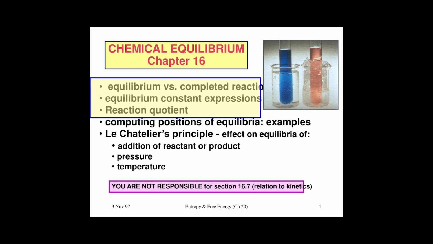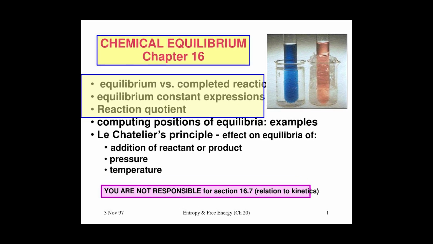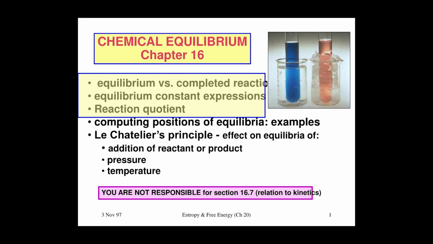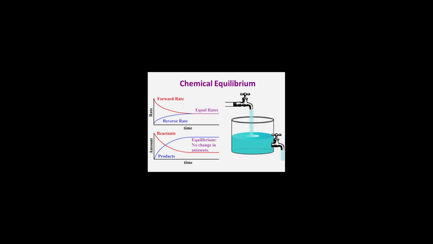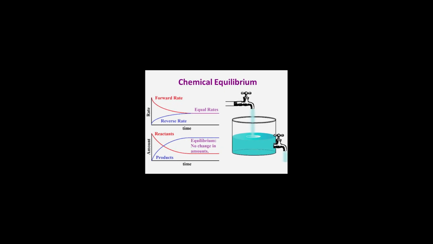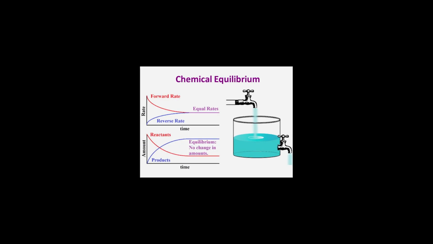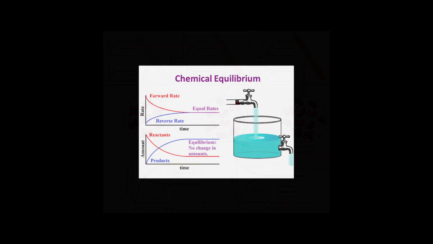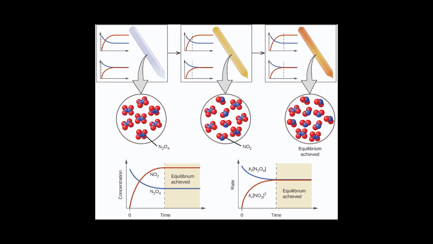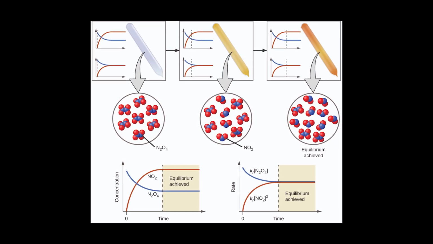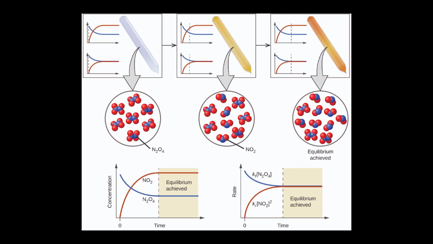The idea of chemical equilibrium began to take shape in the 19th century, particularly through the work of Norwegian scientists Cato Maximilian Guldberg and Peter Waage. In the 1860s, they formulated the law of mass action, which states that the rate of a chemical reaction is directly proportional to the product of the concentrations of the reactants, each raised to a power corresponding to their coefficients in the balanced equation. This law introduced the concept of an equilibrium constant, denoted as K, which quantifies the ratio of product to reactant concentrations at equilibrium.